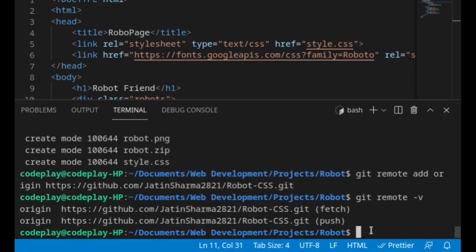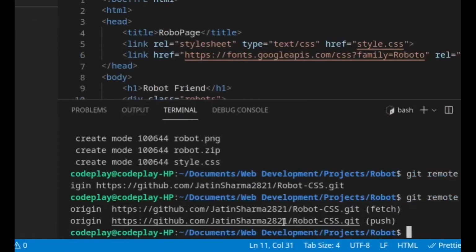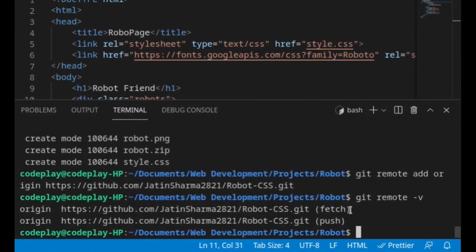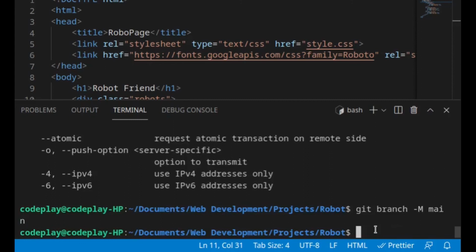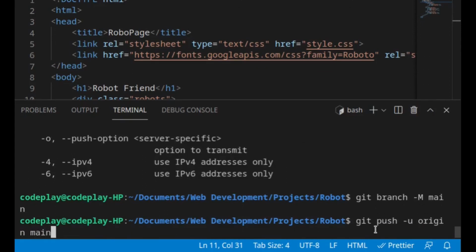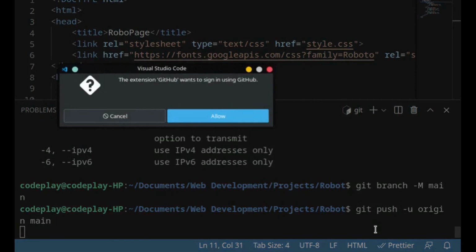We are getting origin for pushing and origin for fetching. Fetching means pulling. Then we make the branch main. Now we will push our project to the newly formed branch, that is main.